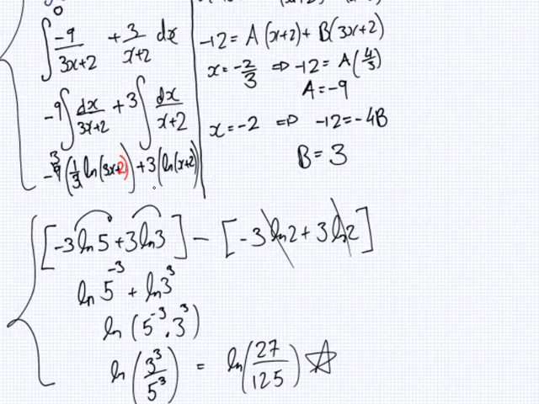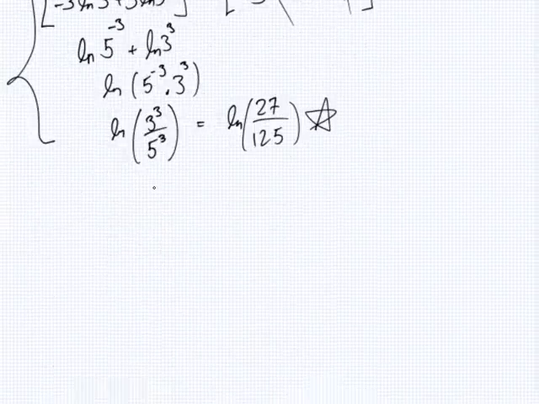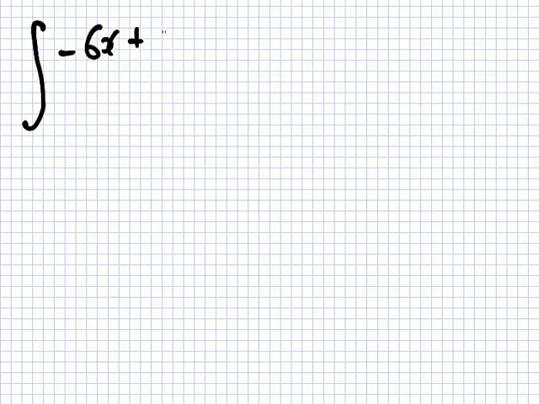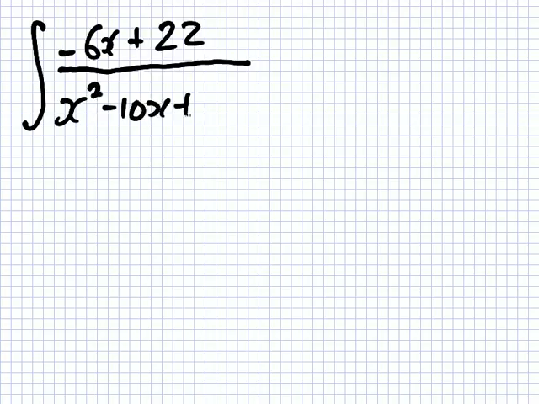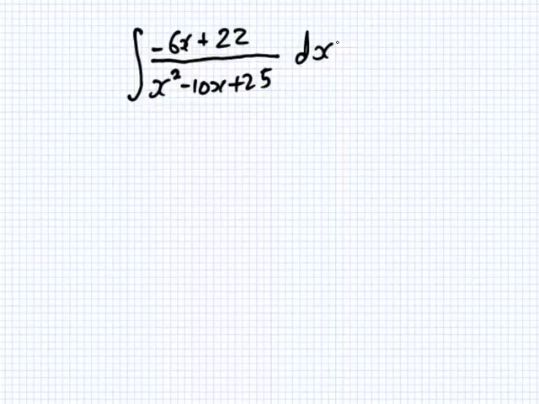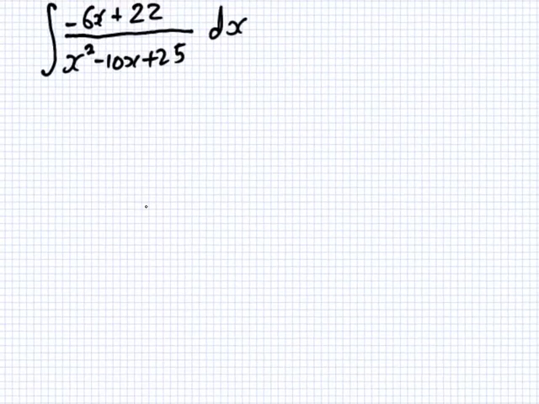Can I do the next one now? Yes? Yep, okay. Let's have a look. So in C, we want to integrate minus 6x plus 22 over x squared minus 10x plus 25 dx. Okay, so first piece of business, we'll say